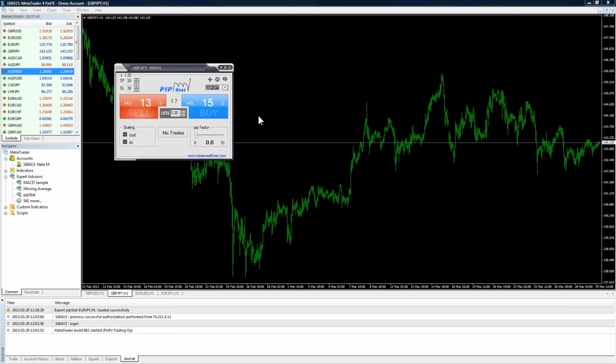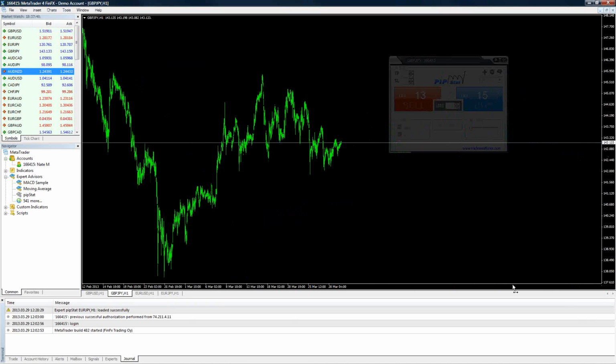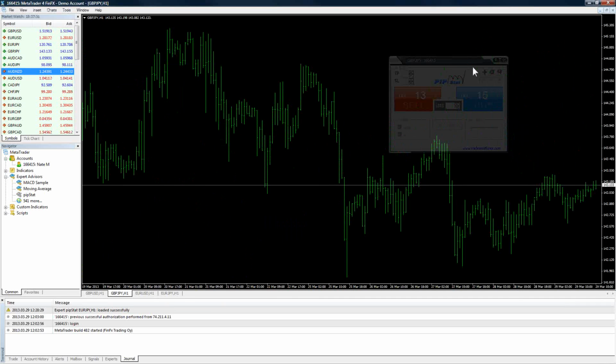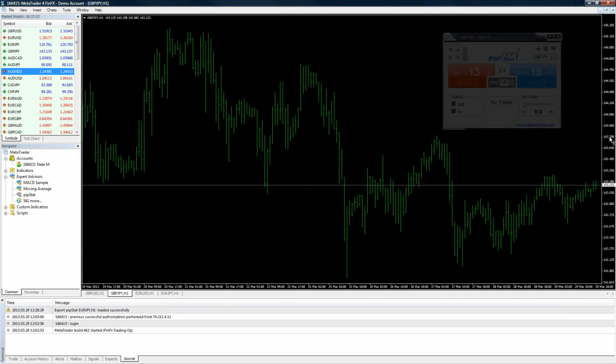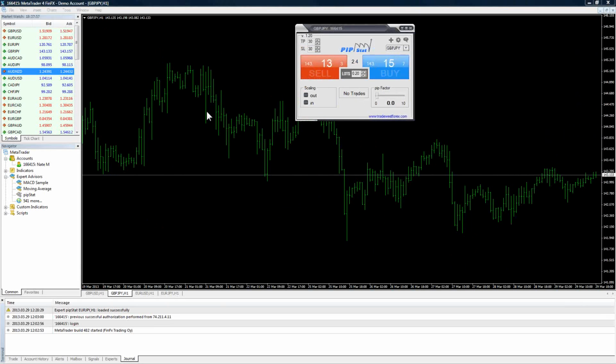Scaling out is if you're already in a trade, you've already bought or sold. Now we're going to go ahead and place a trade, just showing you here. We're going to place a trade and go into it. We're going to assume that we're in kind of a downward turn here, and it's maybe downtrending. It might actually be bouncing back. But we'll go ahead and we'll sell.